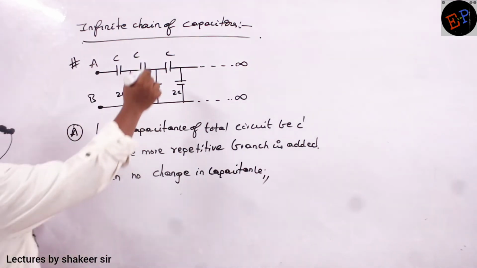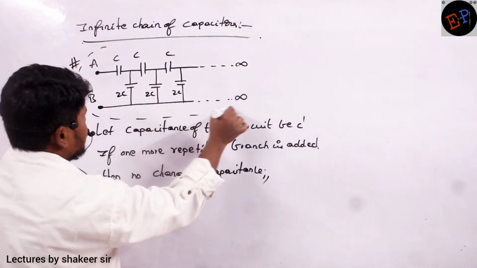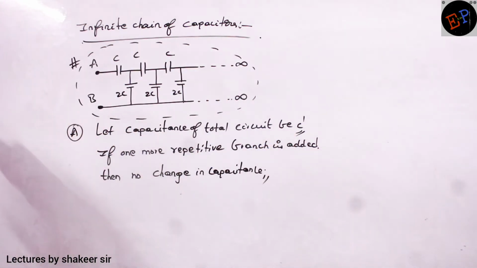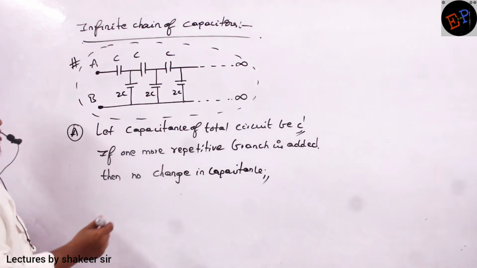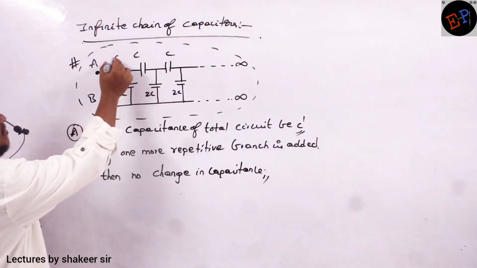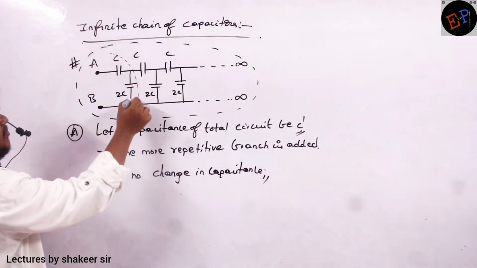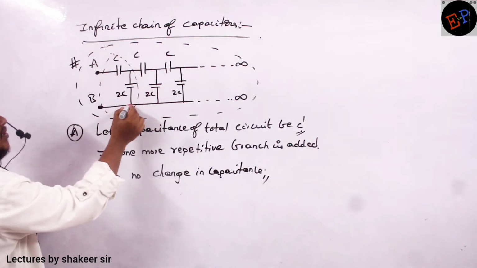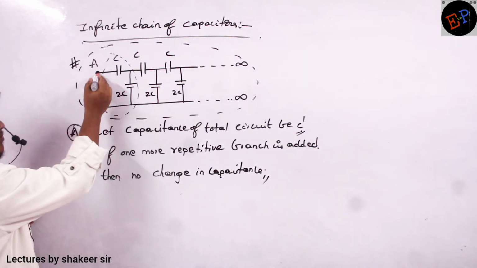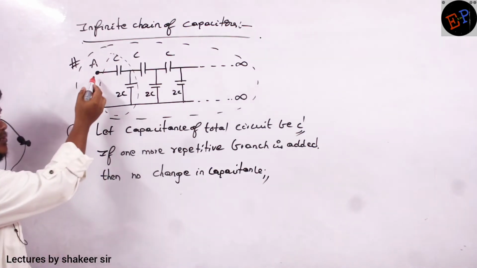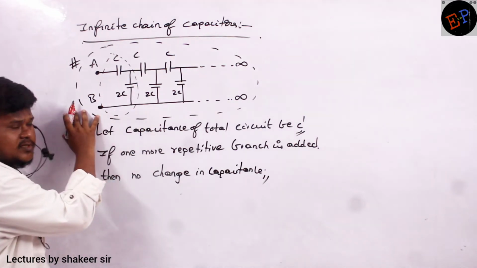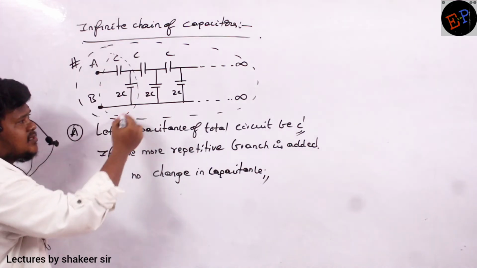It means that the capacitance of this total circuit which I have taken, I considered C dash. Clear, no? This total circuit. Now see, what is the repetitive branch here? C and 2C. This is a repetitive branch, no? Between these 2 points, this branch of C and 2C is repeating continuously in between these 2 terminals, A and B. So if I consider these to be the terminals, the branch which is repeating is C and 2C.